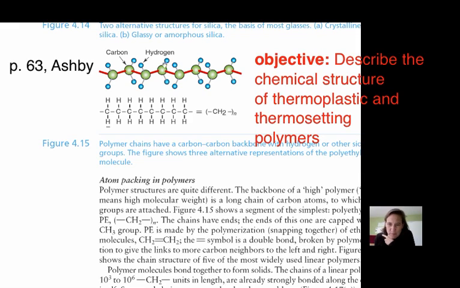So this video is about polymers, and as you know, there are different types of polymers: thermoplastic polymers and thermosetting polymers, and also elastomers are polymers. So in figure 4.15 of Ashby on page 63, you'll see